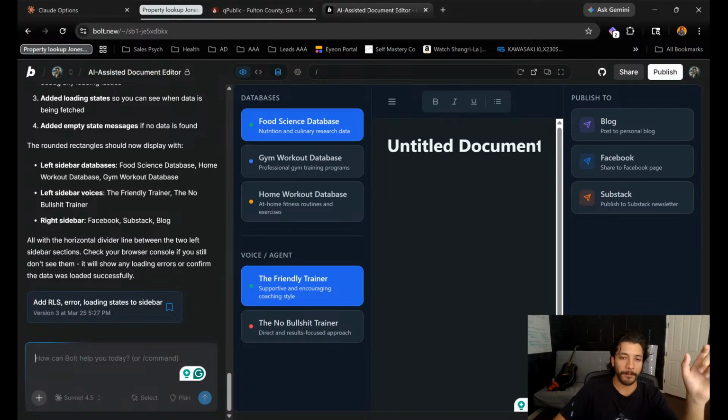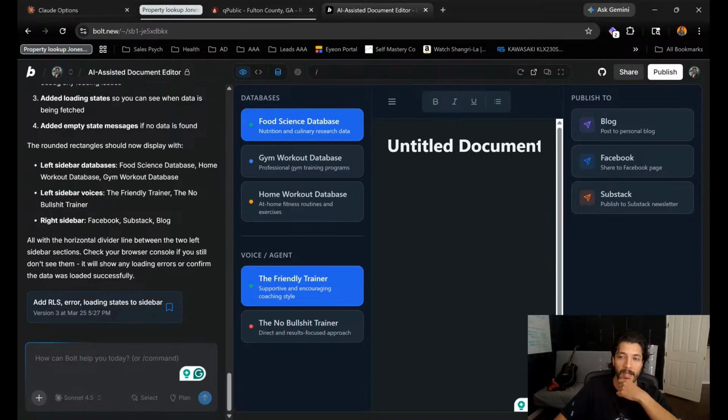Bottom left, add in a quick prompt section, add another line divider, and then put in the ability, a long text field for a quick prompt, and then a button that says generate. That's going to take the different database plus the voice, and it's going to use that to generate something in the center.